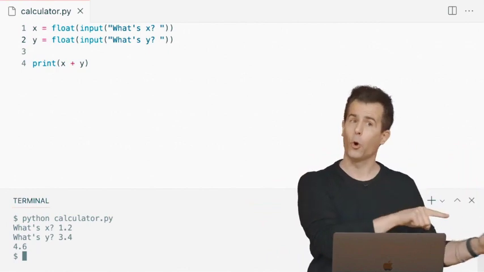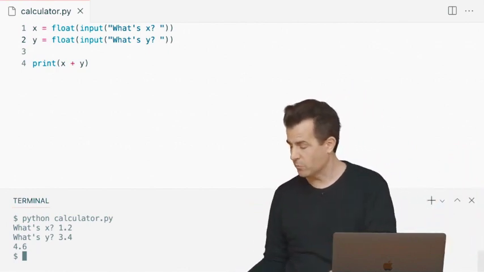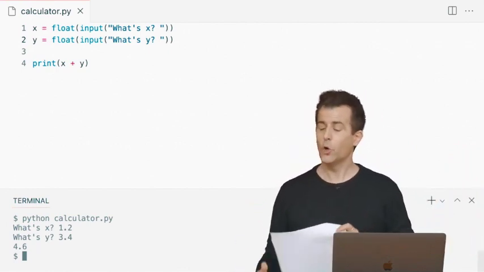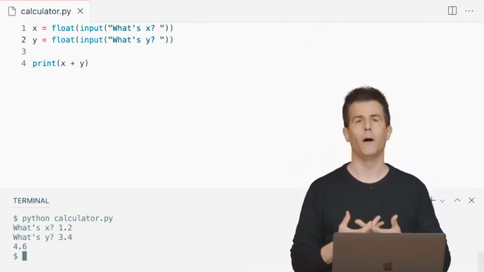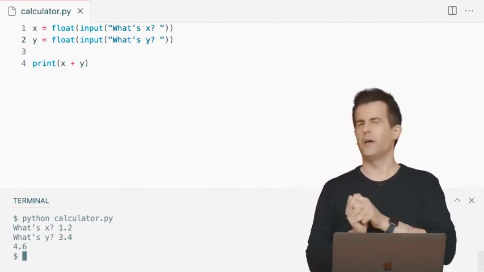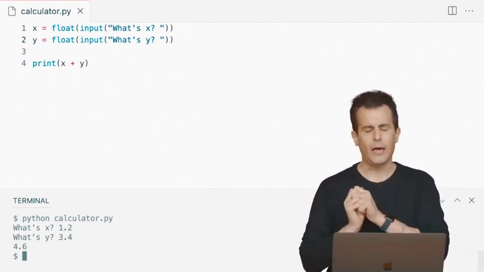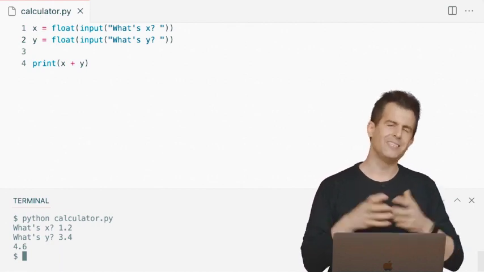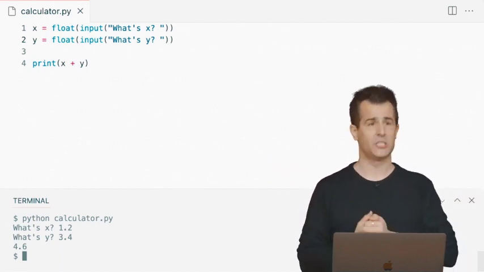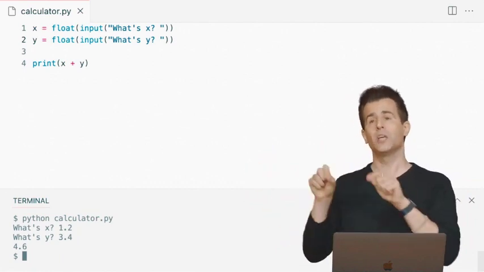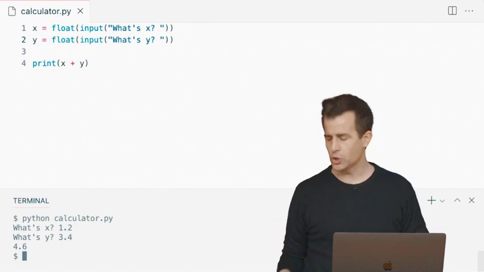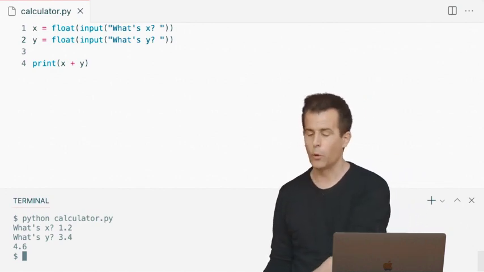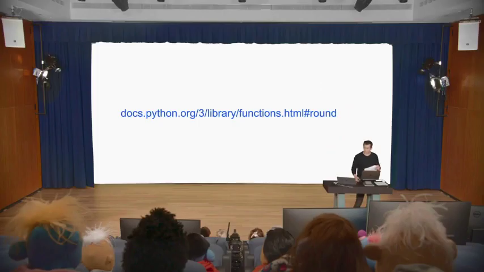So that wouldn't have worked before if I was only expecting integers from the user, but now that I'm expecting floating point values and accommodating it, I can actually now do floating point arithmetic as well. But suppose that I don't really want the final answer to be a floating point value like 4.6. I would be happy if we just round to the nearest integer. So I want to support the user typing in floating point values with decimal points. But at the end of the day, I just want to round the result to the nearest possible integer, for instance. Well, it turns out that here too, Python comes with some functionality built in.